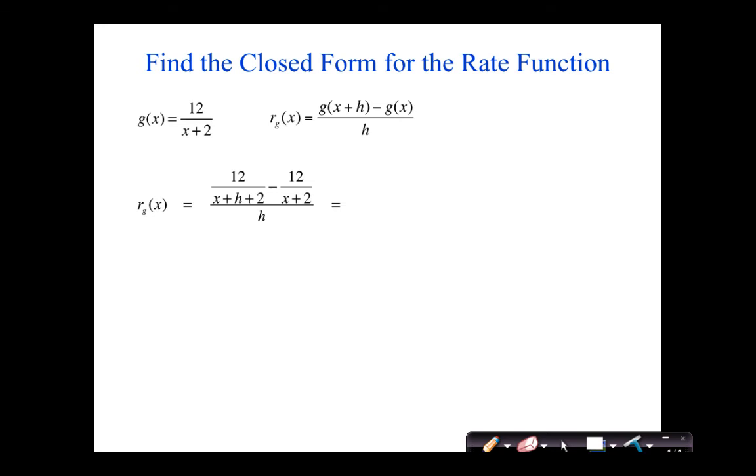So the first step in this would maybe be to write out something like this. Just filling in what is g of x plus h as opposed to g of x. Those two things are going to be subtracted in the numerator. Which at this point, let's imagine h is essentially 0. Not helpful, because both the numerator and the denominator of this fraction would be essentially 0, and I don't really know